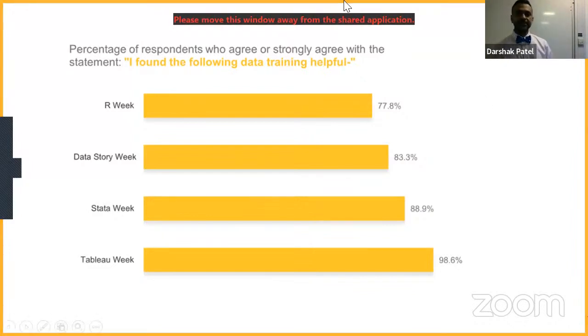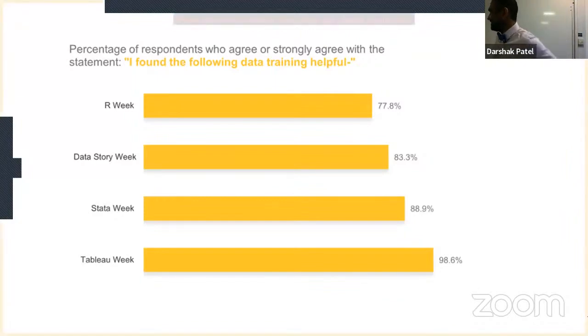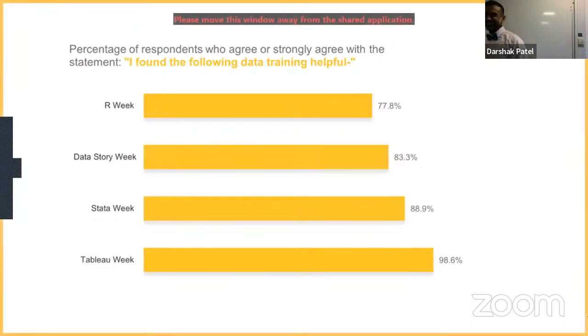Question? Yeah. I noticed you don't have, or maybe I missed it, an Excel week. And I know a lot of students say that they are quite familiar with Excel, but what I find is that they know how to open Excel. They know how to put some data in Excel. They don't really know how to use all the capabilities, managing data sources, things that are easier to do in Excel than in Stata, for instance. And of course, a lot of workplaces do require Excel. So have you considered having Excel?